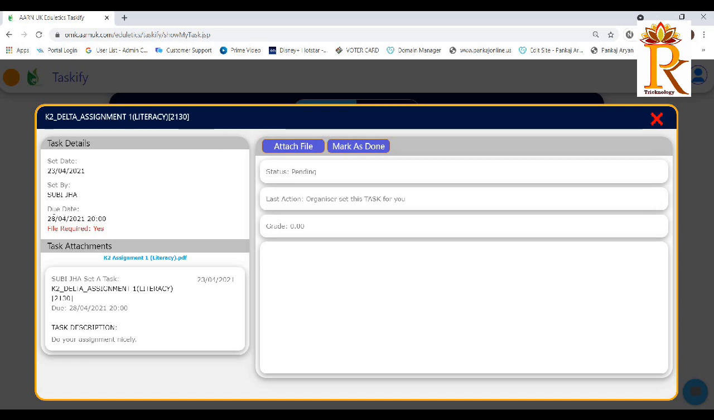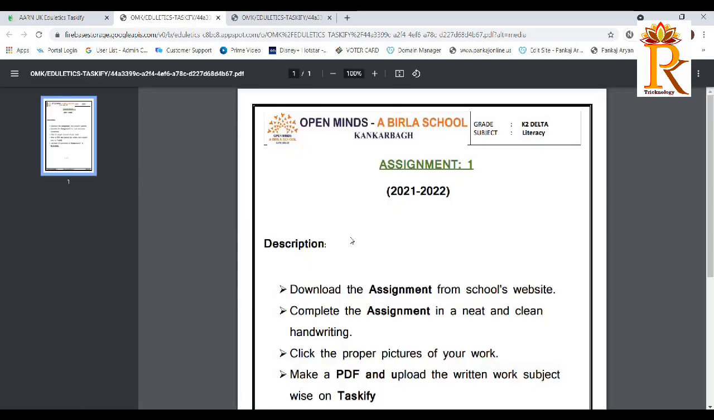And now you want to see that what task has been given by the teacher. It must be in this attachment area. In this attachment area you may find any kind of Word document, PDF document or any other file formats. So just you need to click on this link. Once you click on this link, then the task will be